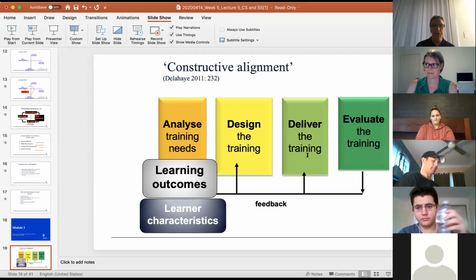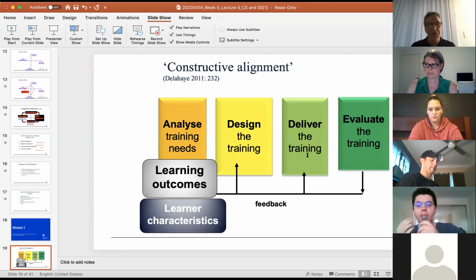So when you're doing your training session, what you need to think about is, what do you want your students or your trainees to be able to do at the end of the session? That's where you start. That's where you start. And then once you've done that, you can look at how you are going to teach that so that they can do those. And then you want to know, how are you going to evaluate or assess whether that has actually been achieved? And they should line up.